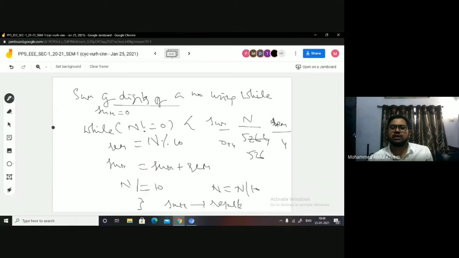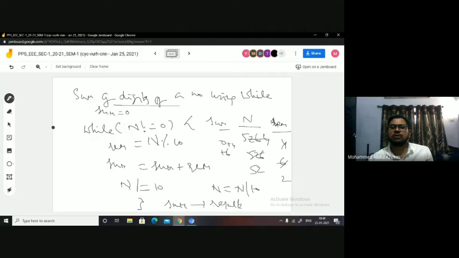Again, you come here to check n not equal to 0. It is true. So you are again allowed inside n mod 10. 526 mod 10 will give you what? 6. Remainder is 6. Then sum equal to sum plus REM means 4 plus 6, 10 it will be. Then n equal to n by 10 means n will be further reduced to 52. Again, you will go for checking this condition. 52 not equal to 0 is true. 52 mod 10 will give you 2 here.